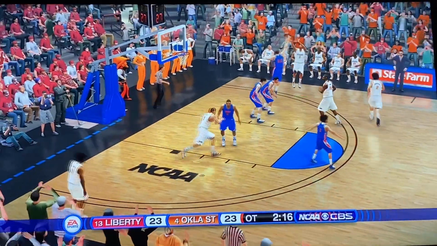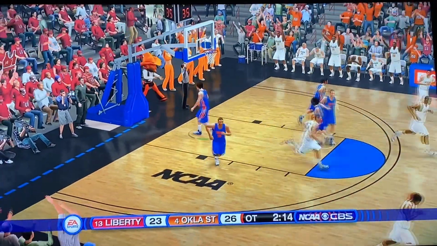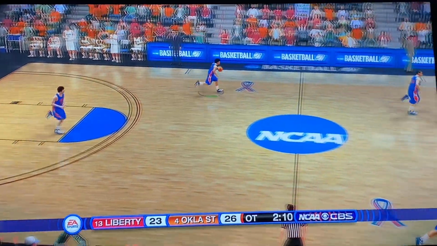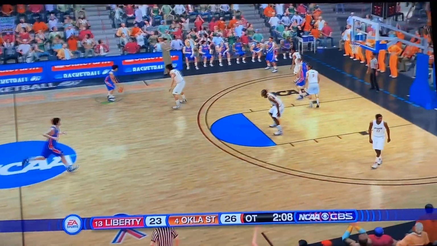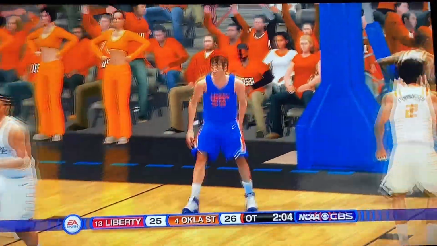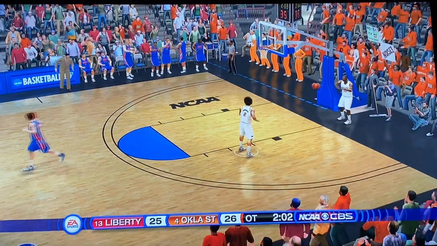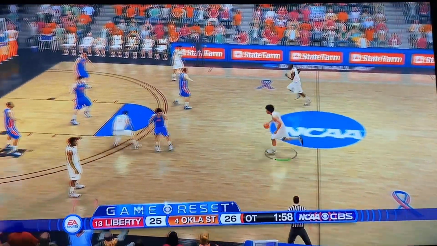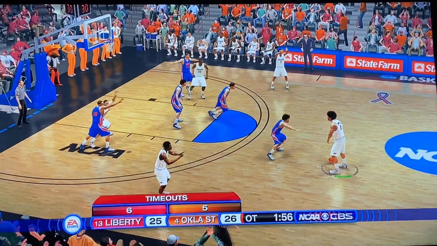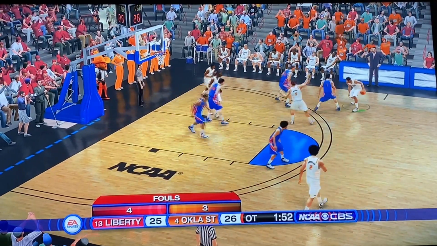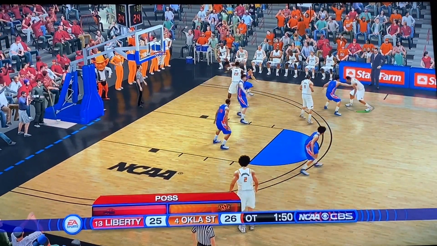What a game so far. For 3. And he gets it to go. How about Avery Anderson with a 3-pointer? Okay. Just over 2 minutes to go in overtime, though, but he slams it back home for Liberty. I think that was that McDowell guy. 26-25 now, 1 point game, under 2 minutes to go. Man, what a game so far. Game of the tournament. I mean, this is the 4th game of the tournament so far, but still.